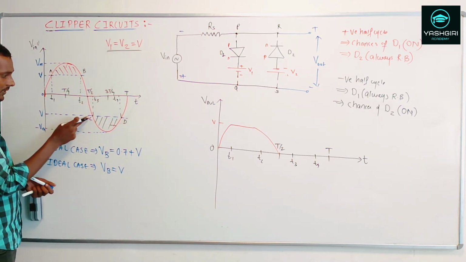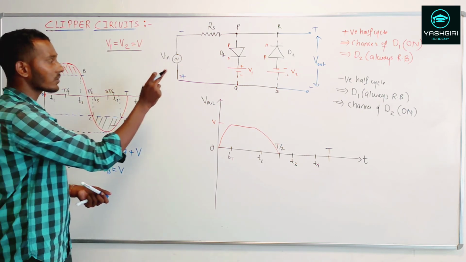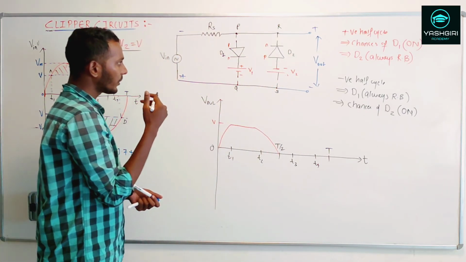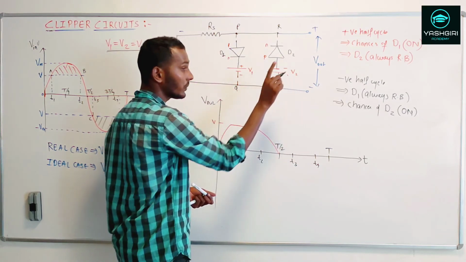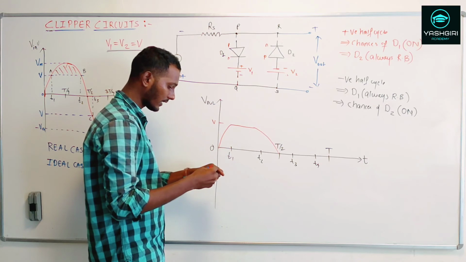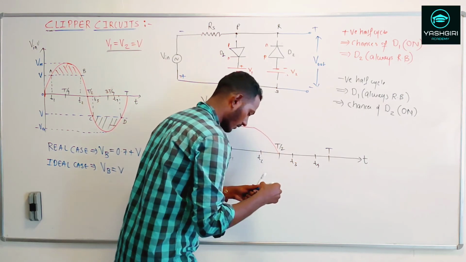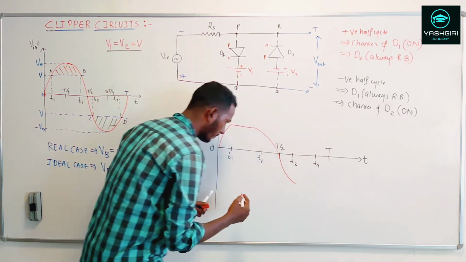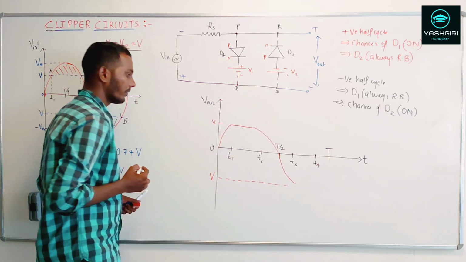Once it crosses this point C, that is after T3, you will see that the diode has got enough voltage so that it can be forward biased. And up till this T3, the diode D2 is in reverse bias. So I can say the output follows the input. The output follows the input up till what point? Up till this T3. So here you will find the output follows the input. So let this be the V volts.